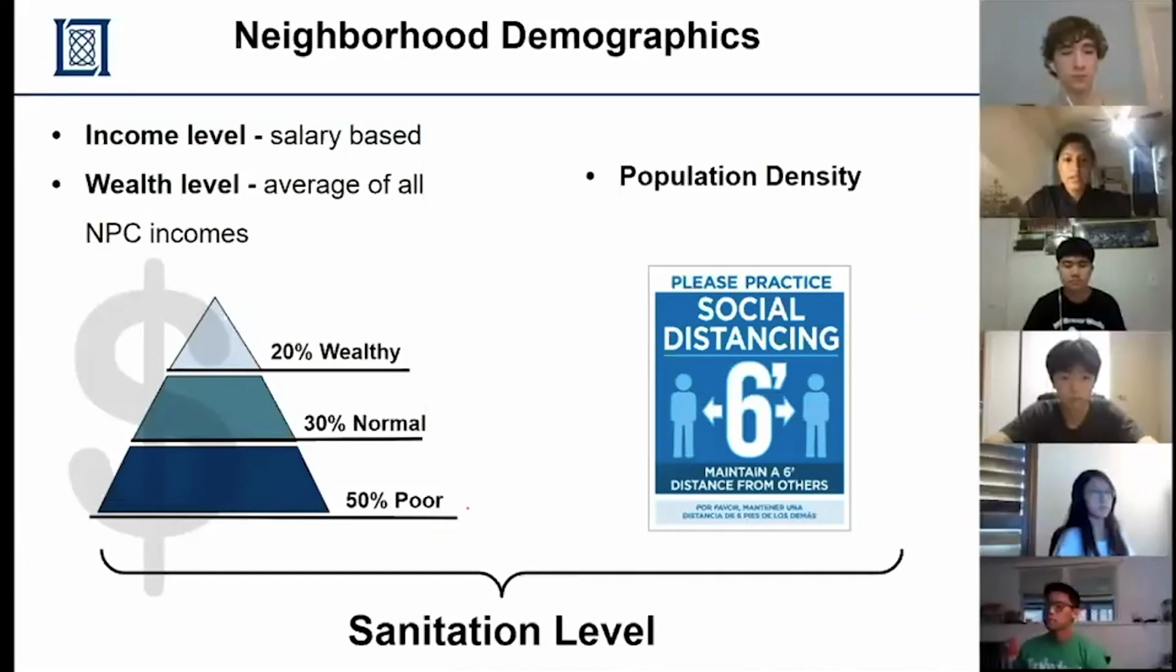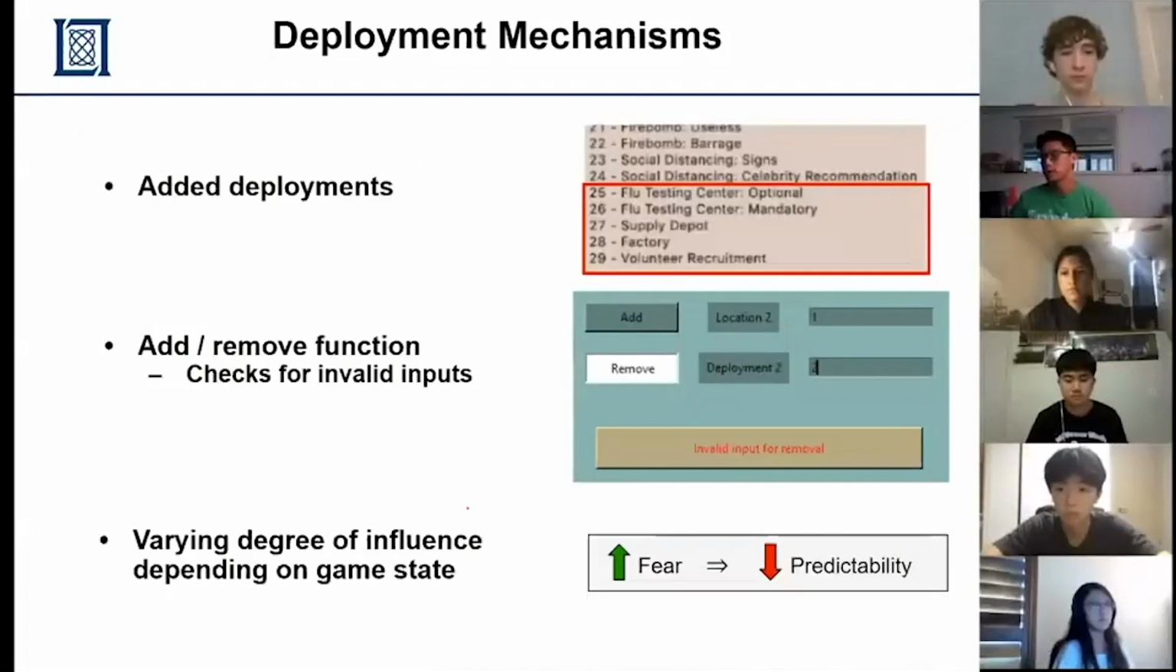The higher the sanitation level is in a neighborhood, the lower the probability of the flu spreading in that neighborhood, as a highly sanitized neighborhood in real life would likely spread the flu less. We also added some functionalities to the deployments in the game. So we added 5 new deployments, listed at the bottom of the first picture here. And we thought we would add more deployments so that it would model the real world better, where the decision makers have more deployments to use. We can also add and remove deployments, shown in the second picture. And also with that, we created an input validation sequence so that the user can't remove any invalid deployments or